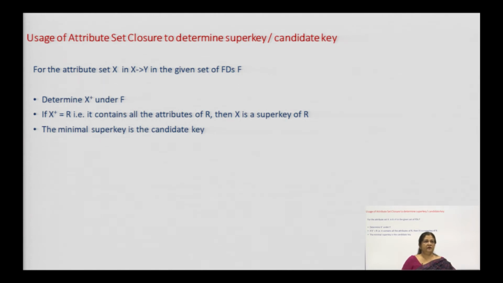For the attribute set X in X to Y in the given set of functional dependencies, determine X plus using all the functional dependencies that are given. If X plus is equal to R, that is, it contains all the attributes in the given relation, then we say that X is a super key of R, and we already know that a minimal super key is a